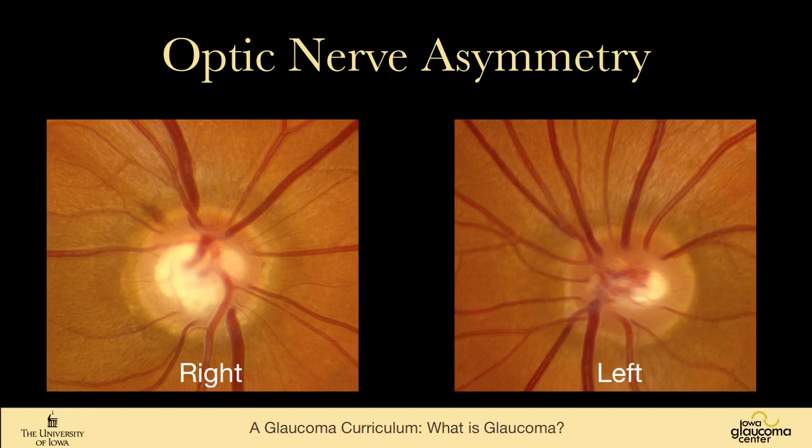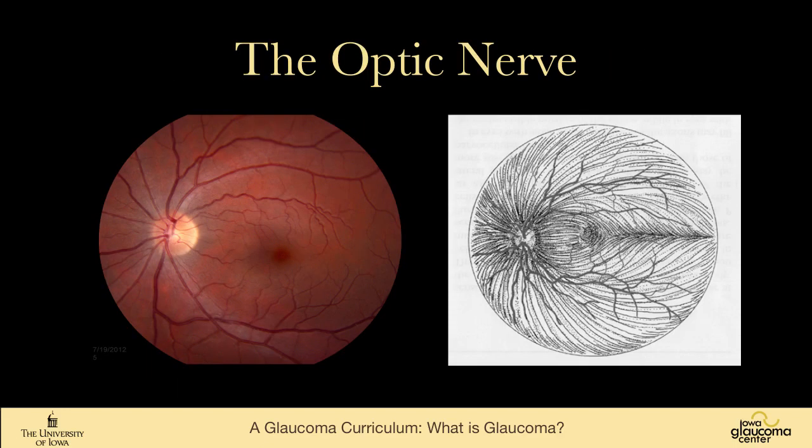So this patient has a very healthy left optic nerve with a vigorous neuroretinal rim here and a small cup. On this side, you can see that there's a little notch in the neuroretinal rim. There's a hemorrhage, and then peripheral to the hemorrhage is actually a little defect that one can see in the nerve fiber layer. That nerve fiber layer becomes very important as we talk about